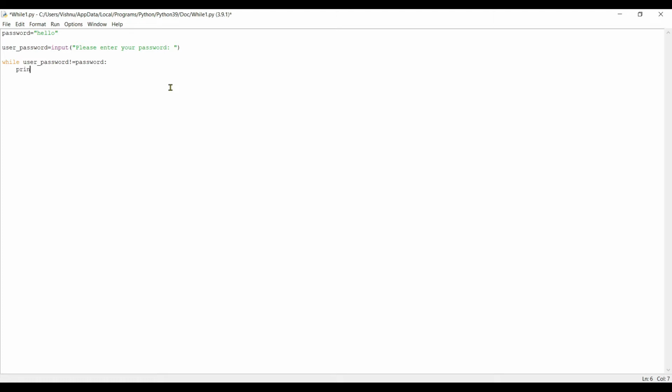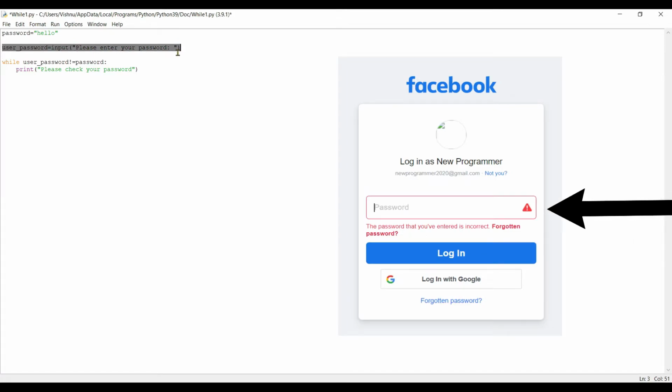We want to print please check your password. Then again we want to ask the user to enter the password.